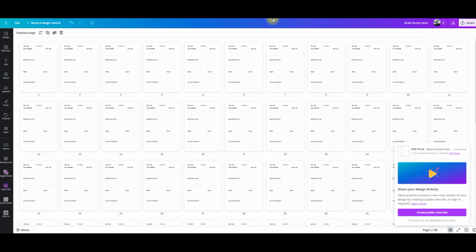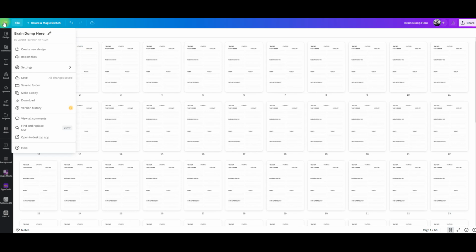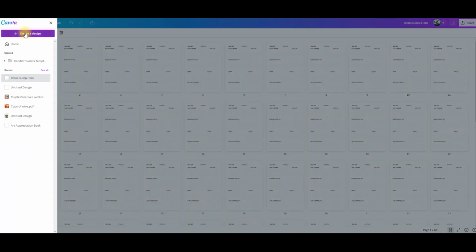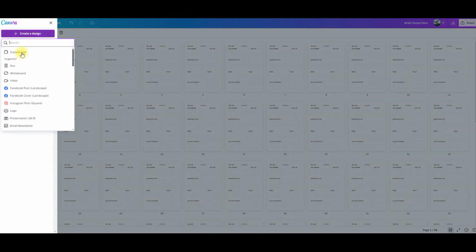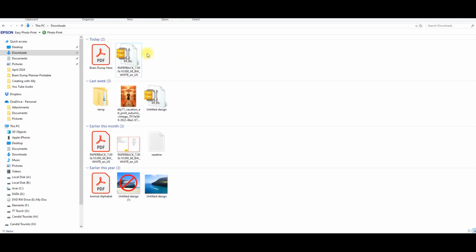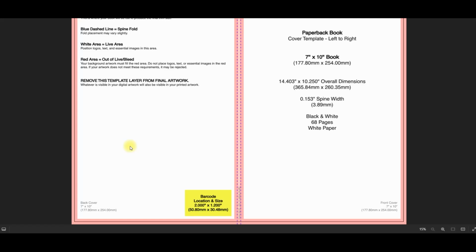Okay, so let's go back to Canva and I want to create a design. Now I want to do a custom size, so to find that out I need to go back to this file that I downloaded from the KDP calculator. Now I've unzipped this file, for some reason it's down here, so I'm just going to open this up. I'm going to upload this to Canva shortly, but here it tells me that my 7x10 book cover overall dimensions are here,